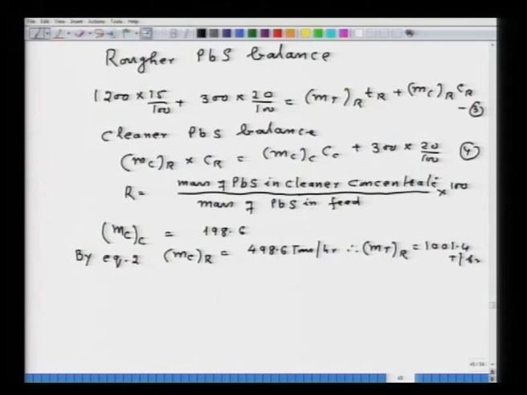Now, by equation 4, I can get the value of CR, which is the metal grade of the rougher concentrate, that will be equal to 47.5%. And by equation 3, in which TR is the only unknown quantity, if I substitute all the values, then I will get TR,